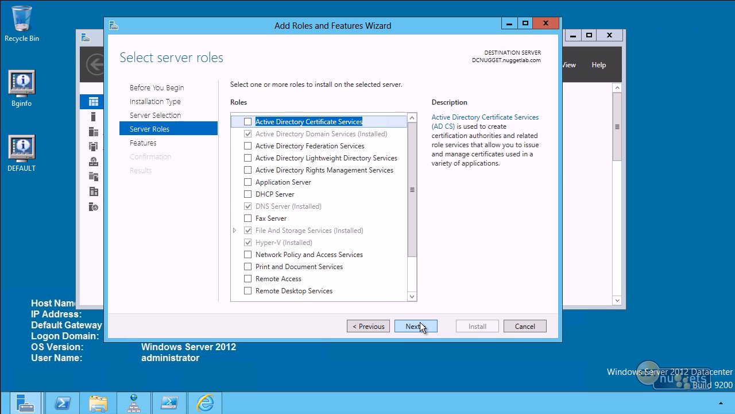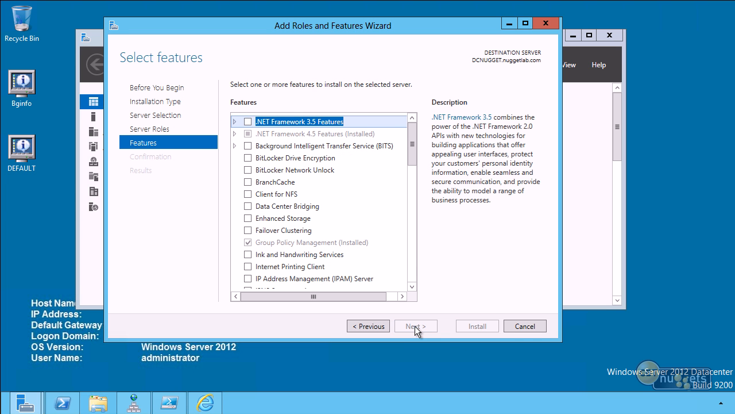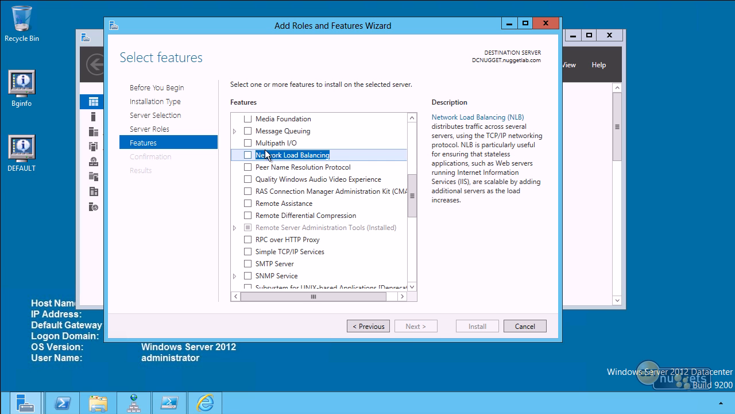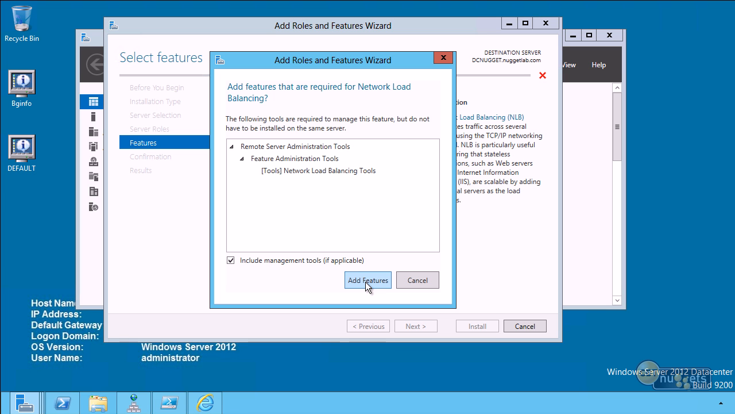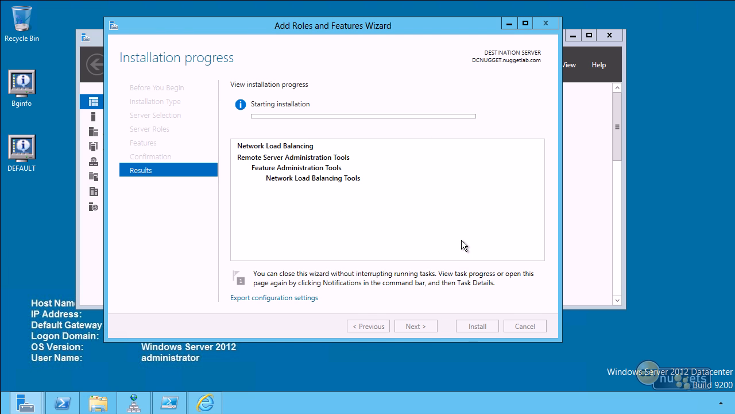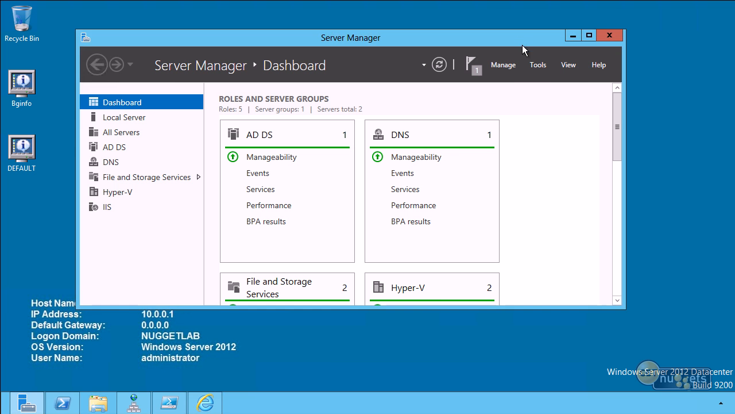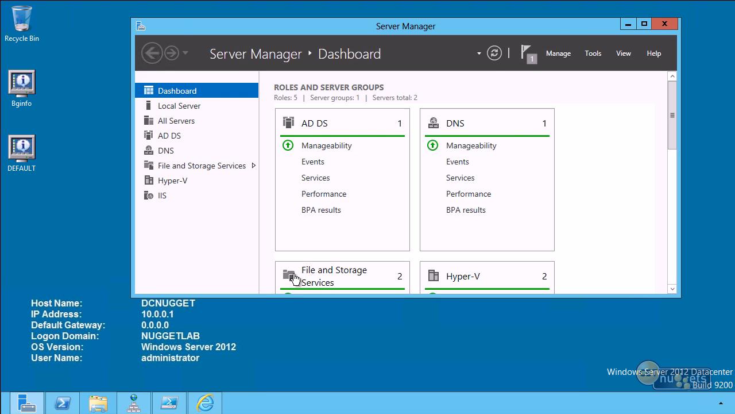I'll select the local server, and if we go to the features page, we have an entry for network load balancing. We'll bring in the administrative tools or management tools, of course, and install. I'm going to do this on both this box as well as MemNugget 01. The installation succeeded on both boxes, so we can close out, and then in terms of creating the cluster, let